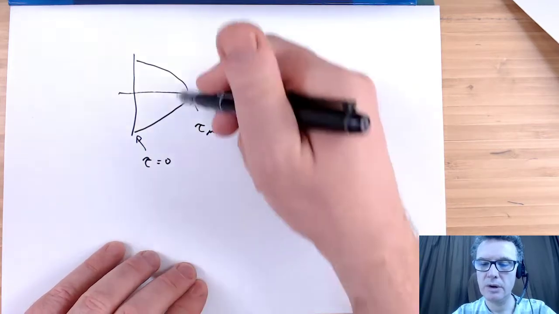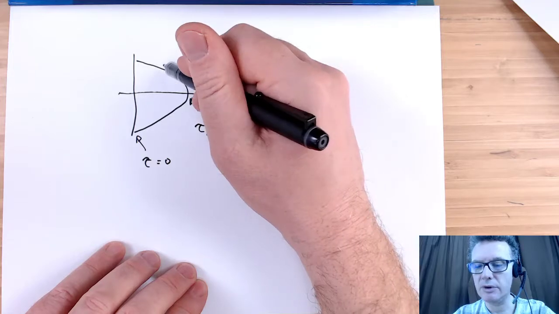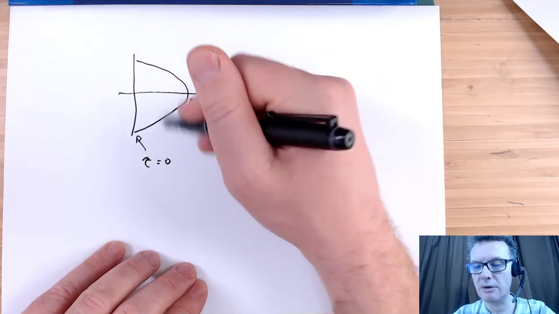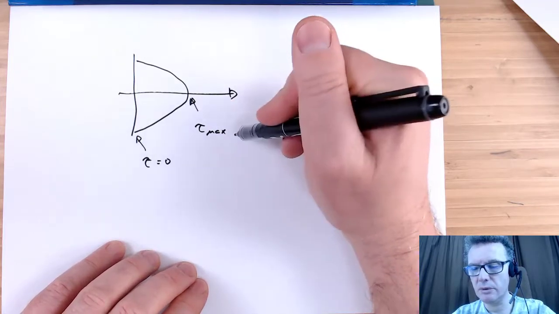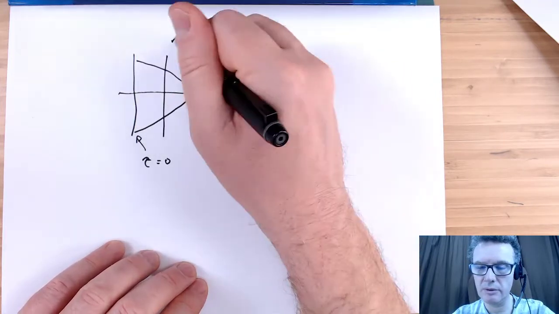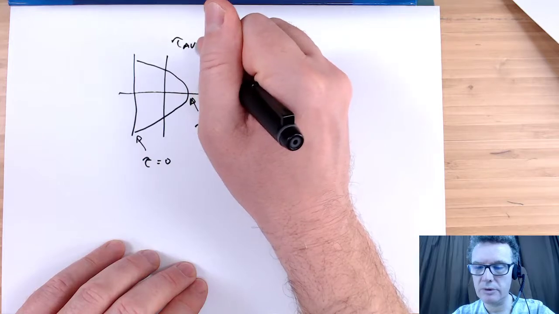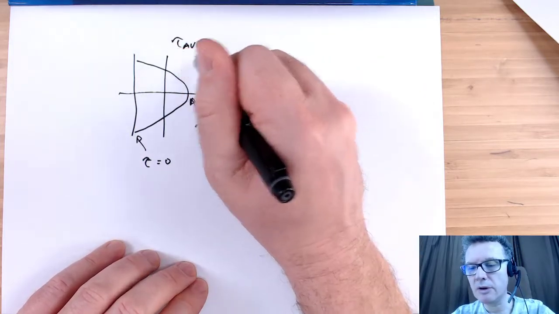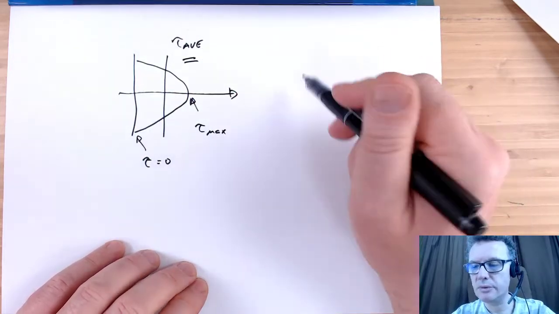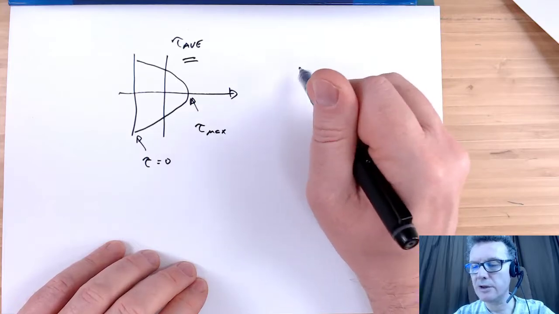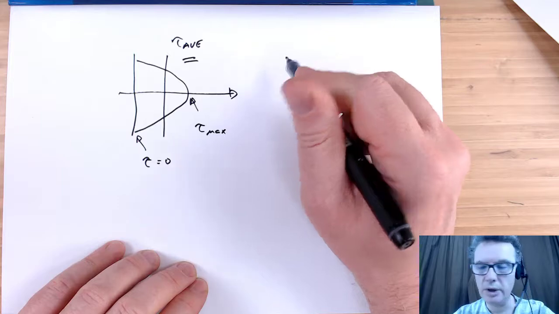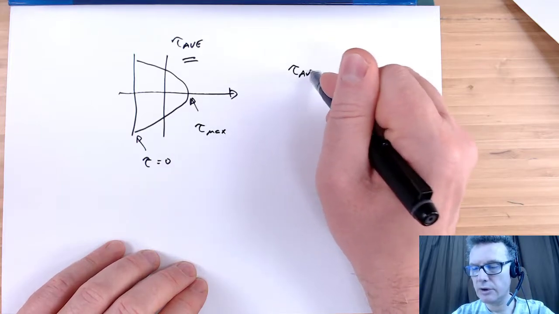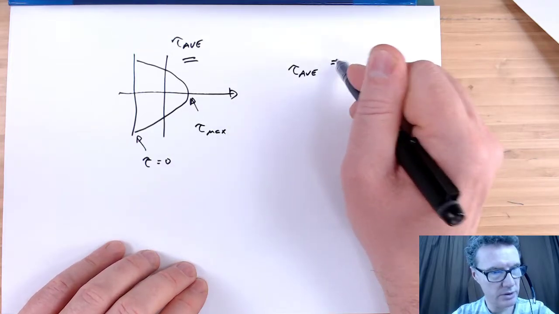And I described that if you take an average value of this, you end up with, say, 2/3 of the maximum. So I called that shear average. Probably not a great notation, because in the textbook you will see, depending on which one you're using, shear average described as